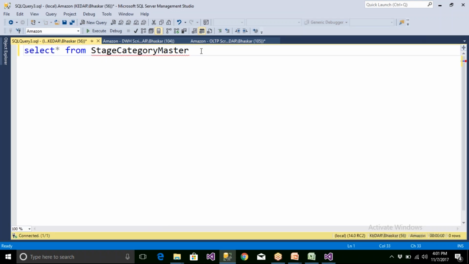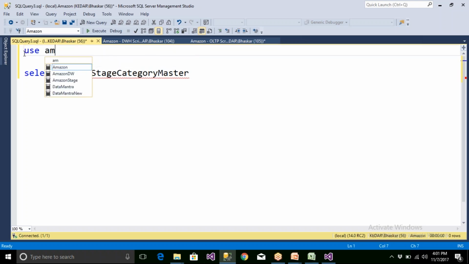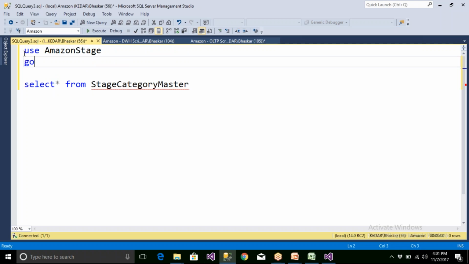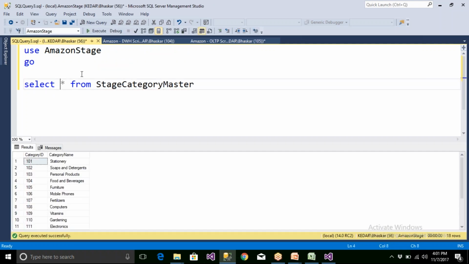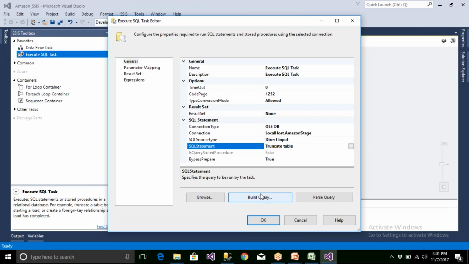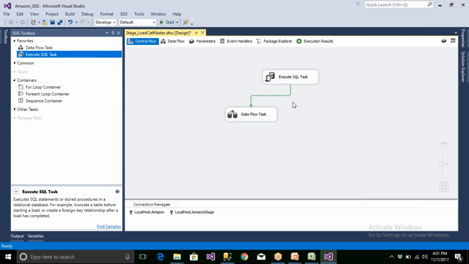Now let me use Amazon stage and go. You have 18 rows, but if you run the package a second time, the data gets duplicated, so I want to delete this data. Delete all data from stage category master. Then using a data flow, you're going to load, right?